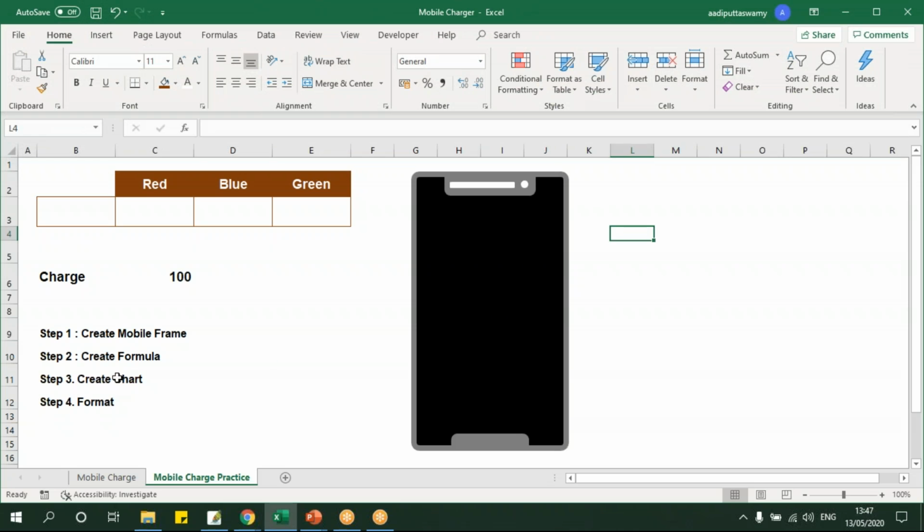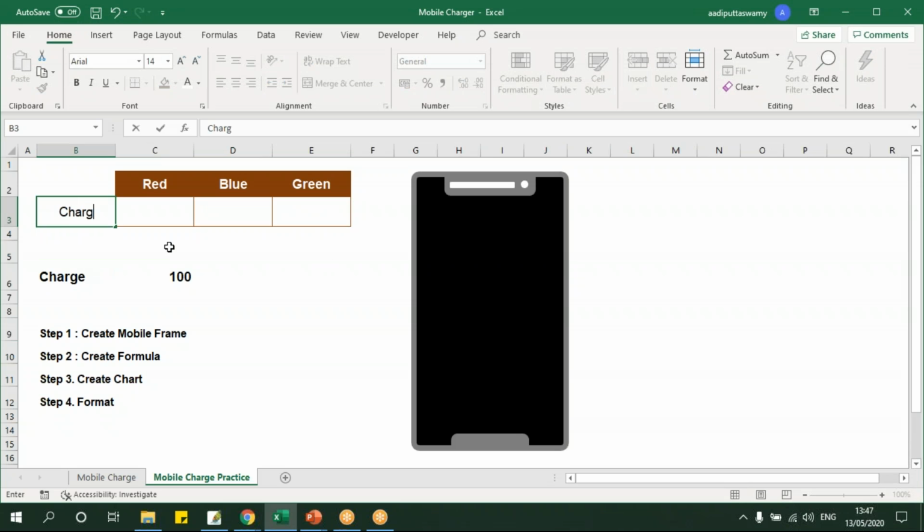Now I need to create the chart. For this, what we have done is we'll try to create one chart, a column stacked chart, in such a way that we'll have three different bars, that is red color, blue color, and green color, because we have divided the range, that is from 0 to 10 it should be red color, from 11 to 80 it should be blue color, and above 80 till 100 it should be green color. So what we'll do,